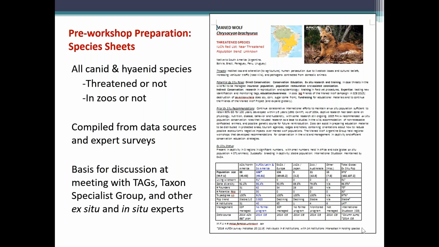This particular ICAP report is on our CPSG website, and you can see that prior to the workshop, there were some in situ specialists that could not be there. We had some there, but it's hard to get field people for all 43 species together at that workshop. So we did some very carefully worded surveys of those in situ experts to find out how they would see ex situ potentially fitting into the conservation for their species. All of this information, both these data sheets and the results of those surveys, were the fodder for our discussion at an actual workshop. So we did the workshop